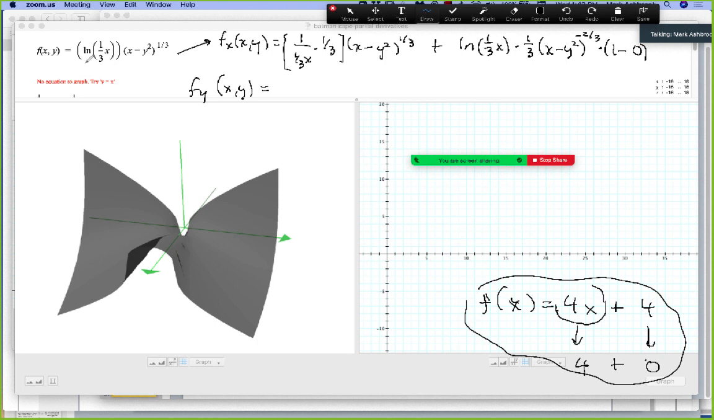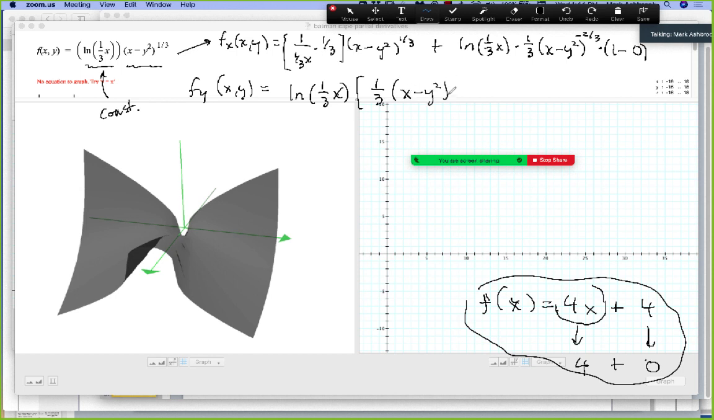So now, how are we going to approach this with respect to y? Do we need the product rule now? The first part's just a constant with respect to y. So we don't need the product rule. We just take the derivative of this. This constant stays, so we'll have natural log of 1/3 x times the derivative of this now with respect to y, which is